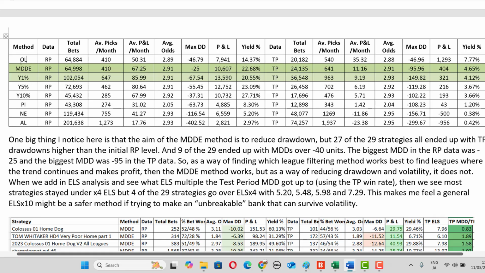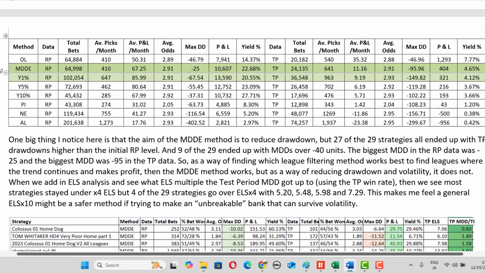So actually, after that, the next best method that made the most profit was something called an MDDE method. And that's a method where we add strategies based on their effect on the maximum drawdown. And this made the most profit out of all the methods. But the very simple yields of 1% method came closely behind it. I'll explain what MDD is in a little bit more detail in a moment, but I'll just go through the